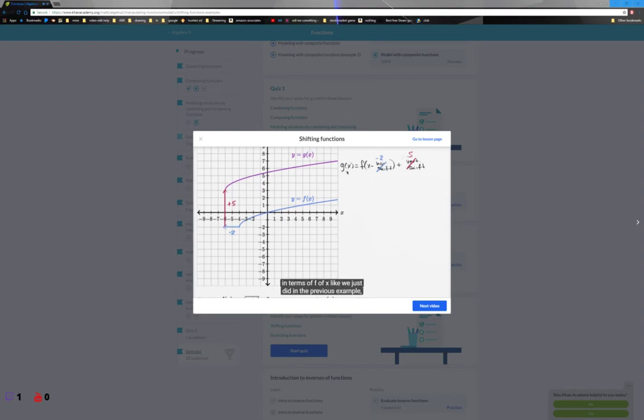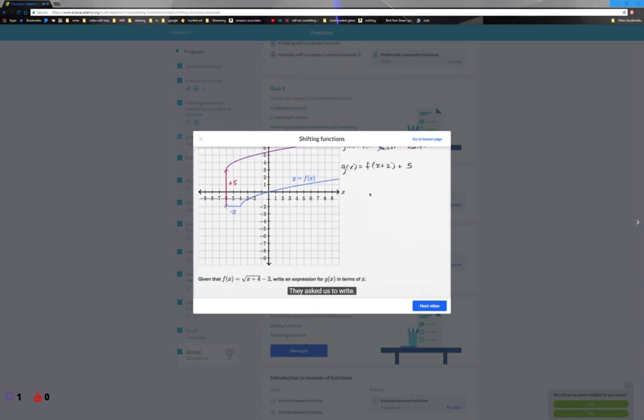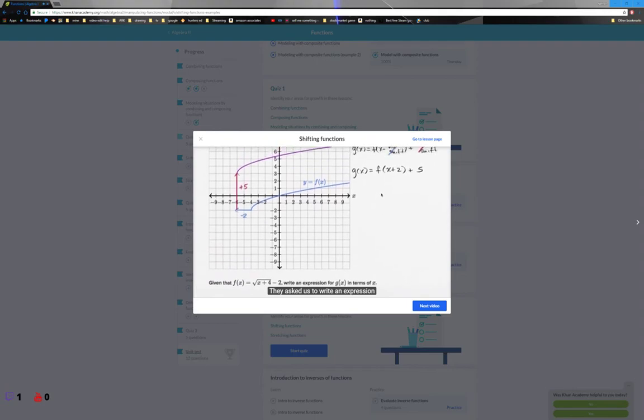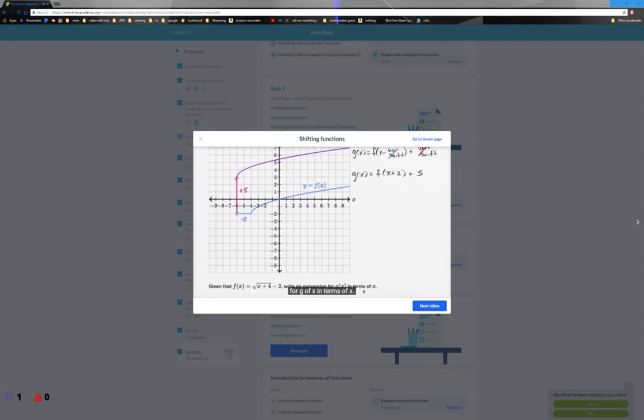So if we just wanted to write g of x in terms of f of x, like we just did in the previous example, we could say g of x is going to be equal to f of x minus -2, which is x plus 2, and then we have plus 5. But that's not what they asked us to do. They asked us to write an expression for g of x in terms of x. And so here we're actually going to use the definition of f of x. So let me make it clear. We know that f of x is equal to square root of x plus 4 minus 2. So given that,